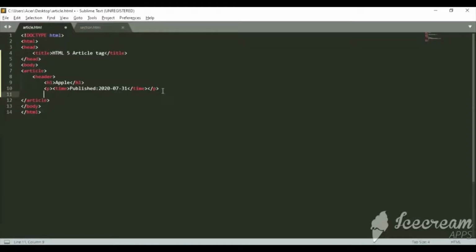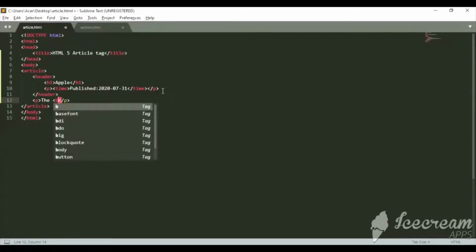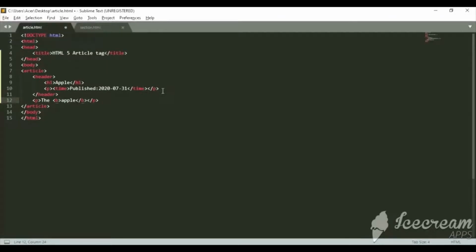The next thing, I'm going to close the header over here, and after the header we are going to take the main content, that is we are also going to take this in a paragraph. I'm going to write apple over here in bold. So apple, and I'm going to close the bold tag. The next is the fruit of apple tree. So this is our main content.